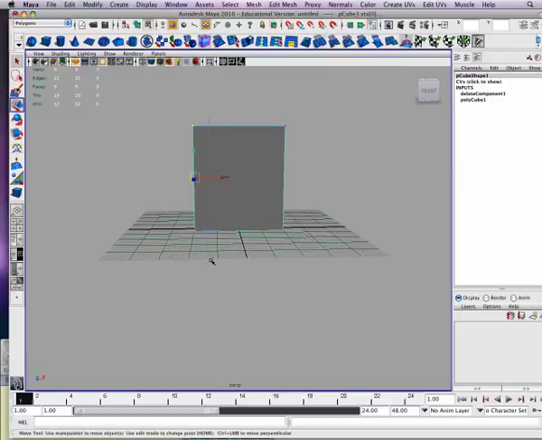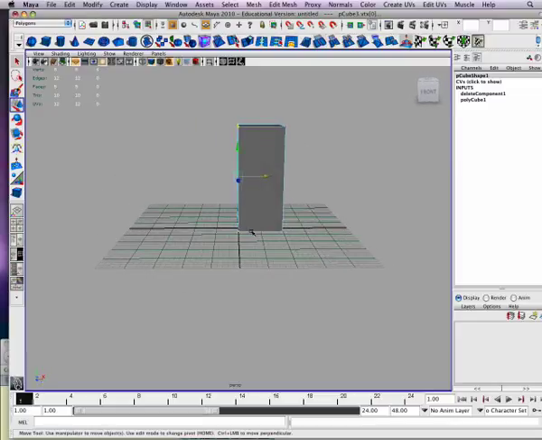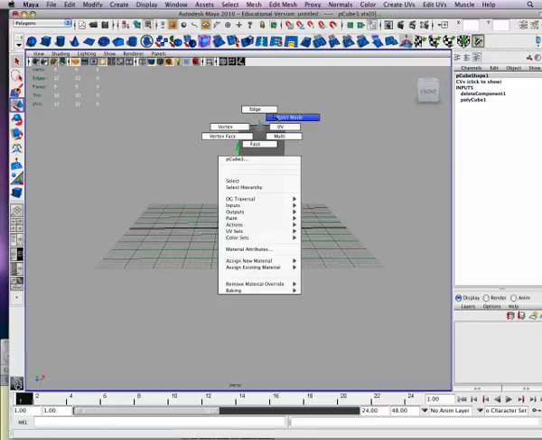Grab those vertices, hold down the X key again to give you the snapping manipulator, and snap these over to world X0 there, and you've got a symmetrical box. Go to object mode,